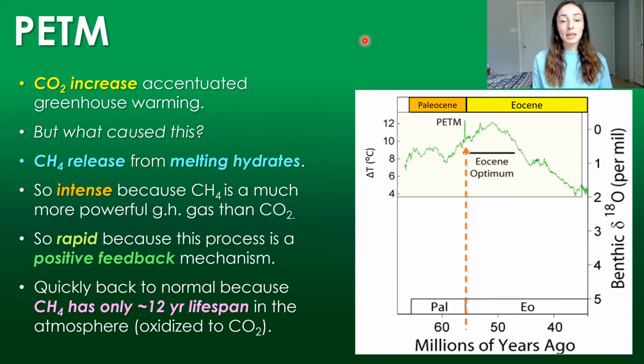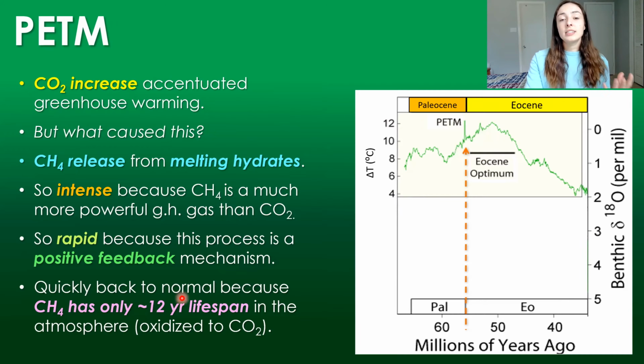Additionally, the event was so rapid. You can see the spike was so rapid, not only in its going up, but also going down. And it was such a rapid process because methane being released from melting hydrates is a positive feedback mechanism. That just means that because the hydrates were melting and methane was being released, Earth was warming due to the greenhouse effect by the methane, and then that caused more melting and so on and so on. That's a positive feedback mechanism. A negative feedback is a balancing act. A positive feedback is an accentuating or exacerbating feedback mechanism, and that's what was going on. That was exacerbating the problem because more warming caused more melting. However, the event was quickly back to normal. We can see how sudden it is.